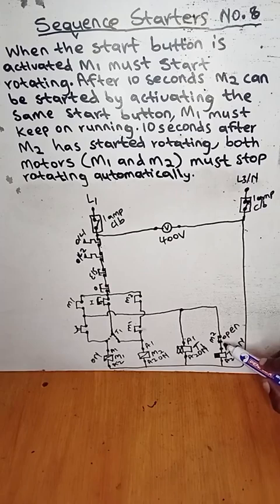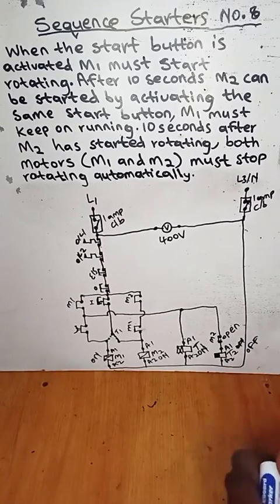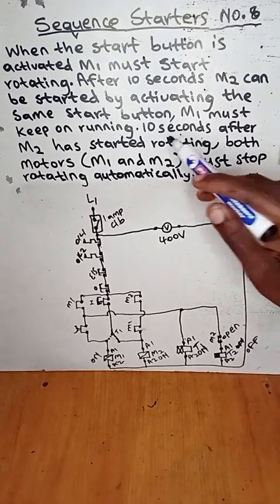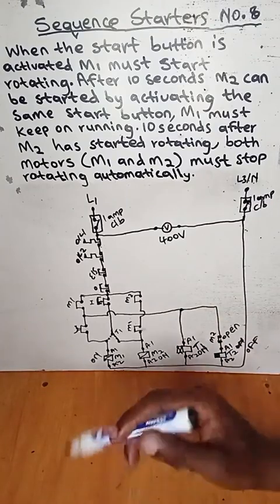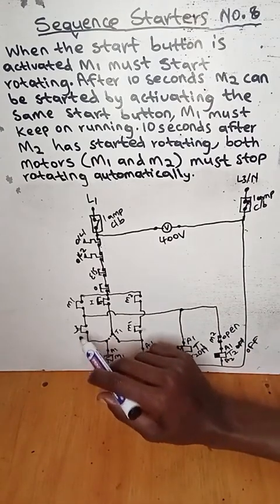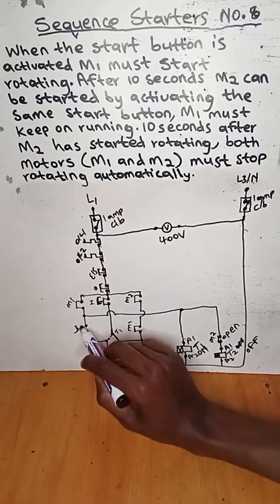And when the close contact of motor 2 is now open, that's when it will de-energize the coil of delay on timer. It will be off, and when the coil of delay on timer is off, that's when it will start to count to 10 seconds. Then after 10 seconds, that's when it will trigger its contacts. So this is the contact of delay on timer, it is closed. So right now it will be open,